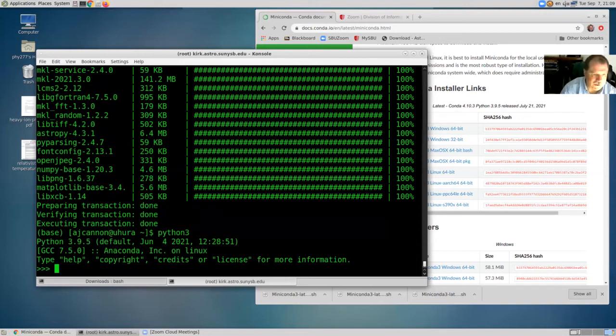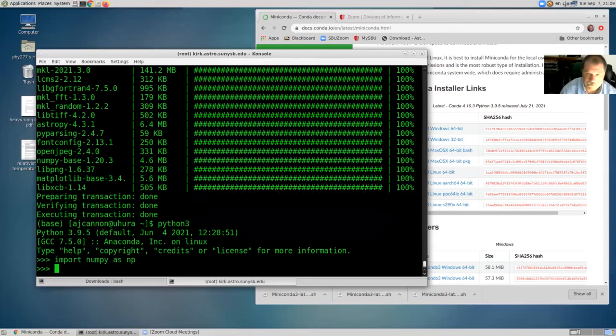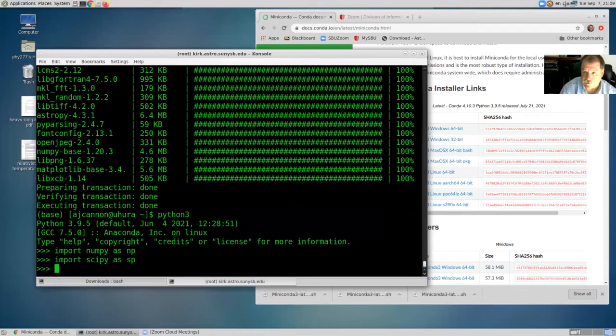All right, now this comes up, it tells me I'm in Python 3.9.5. Let's see whether we can import those packages. Let's say import NumPy, let's import it as NP. That worked. Let's import SciPy, we'll import it as SP. All right, so if I want to invoke things from NumPy or SciPy, I can basically address them as NP dot something or SP dot something. Let's do the pyplot subpackage of the matplotlib package, very popular for plotting. Let's say import matplotlib dot pyplot